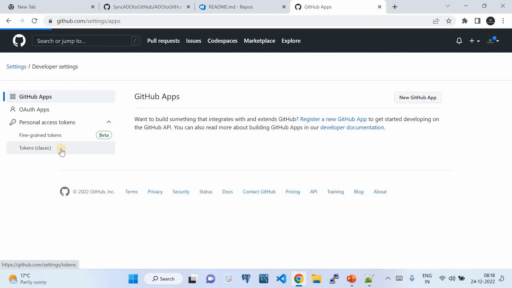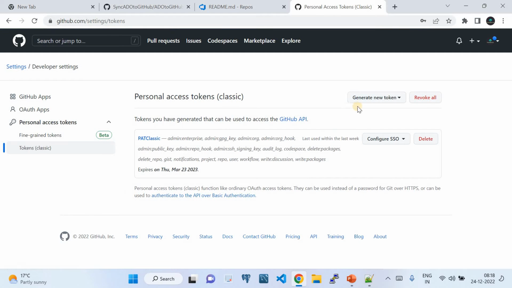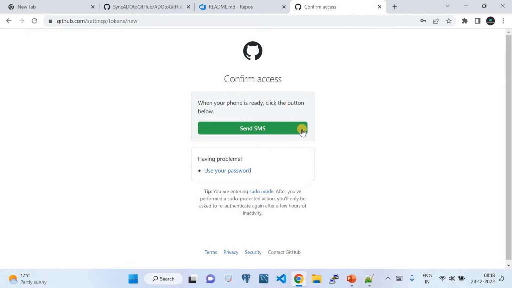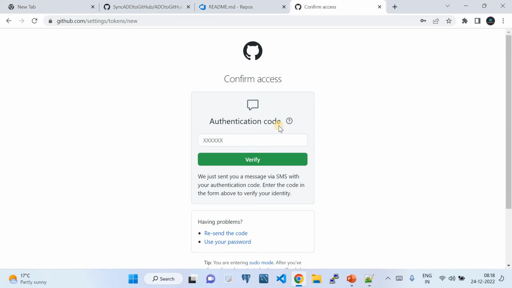For now I have created a classic personal access token. So how to create it: click on generate new token, choose the new classic token. Then you will have to confirm it by using the SMS. I'm doing a demo, and since I have already created one, I'm not going to use it, but I'm showing you just to help you see how you can create a PAT token. Right, so here I'm going to give my